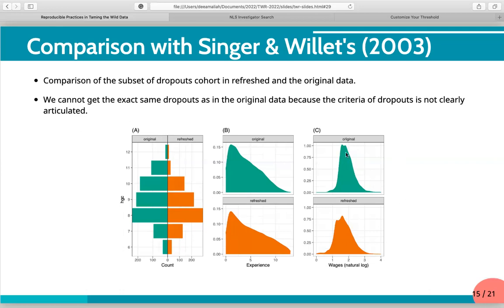And then in this one, it is quite different, because in the original data, they adjusted the wages with the inflation rate in 1990. And here, we didn't do that, because we think that adjusting with the 1990 inflation rate might be out of date in the current context. So we will allow the user to decide whether they want to adjust the wages to a certain base year.